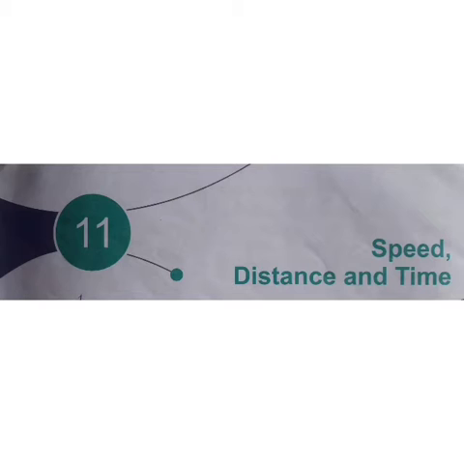If your teacher asks you how far you come from your house to school, you say it is around 1 kilometer, half kilometer or walkable distance. So you are defining the distance here. Or you will also say my house is 5 minutes far from the school, my house is 10 minutes far from the school. So speed, distance and time, all these terms we are using in our day-to-day life. Now let us see in this chapter how to find speed, distance and time by solving a few examples from the textbook. So children, let us begin with the chapter.